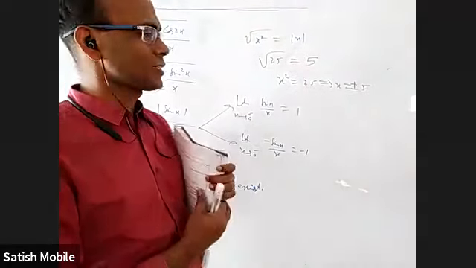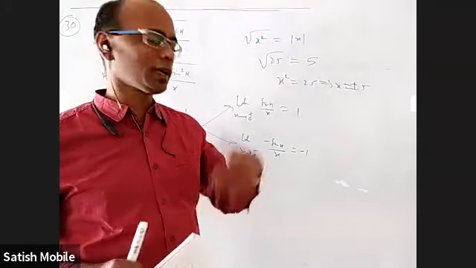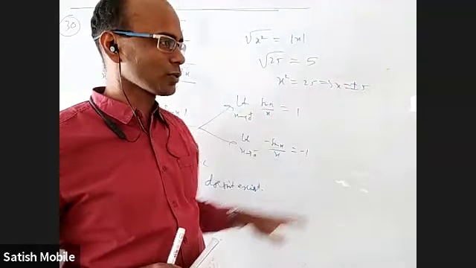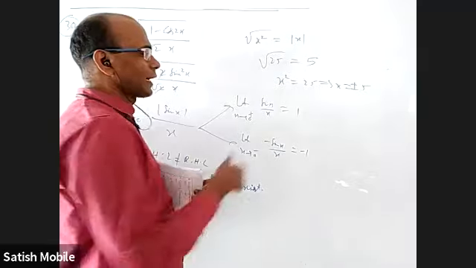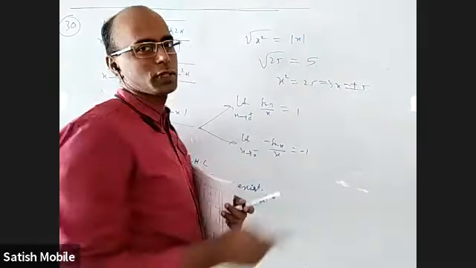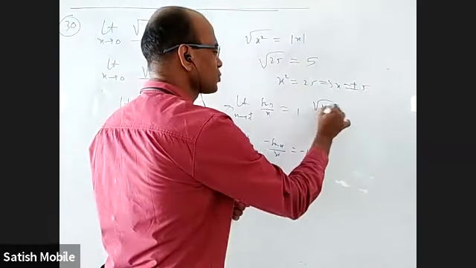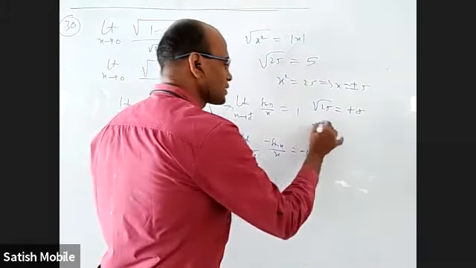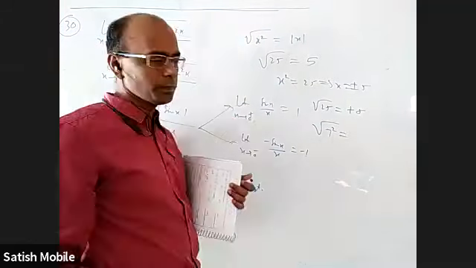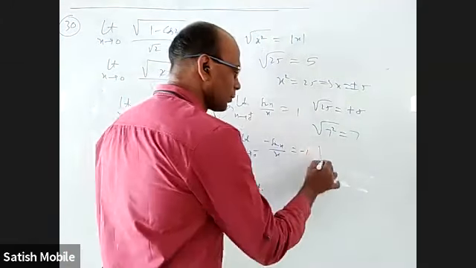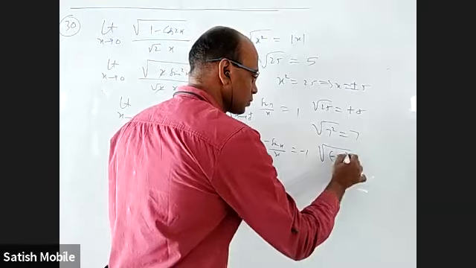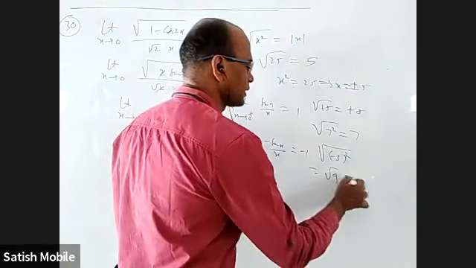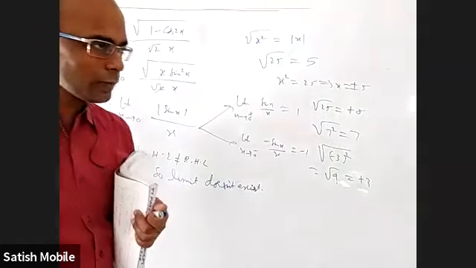Anyway, that is different. Coming to this, we all decided together, or at least our predecessors decided together, that root of something we take as positive. So now, x square equal to 25 means we have to write both answers. But if somebody asks you root 25, it is only plus 5 and not minus 5. If somebody asks you root over 7 square, what is the answer? 7, nothing wrong. But if they ask you root over minus 3 whole square, answer is not minus 3. You should write it as root 9, and root 9 is plus 3 only.